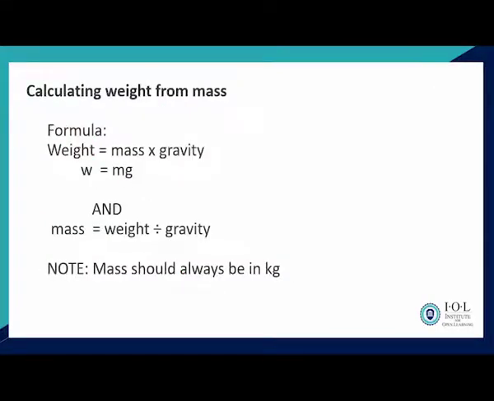Okay, we move on to calculating weight from mass. How do you calculate weight? These two are related to each other. Weight and mass are related to each other. The formula for calculating weight is mass multiplied by gravitational field strength, or multiplied by gravity. We all know the value for gravity is 10